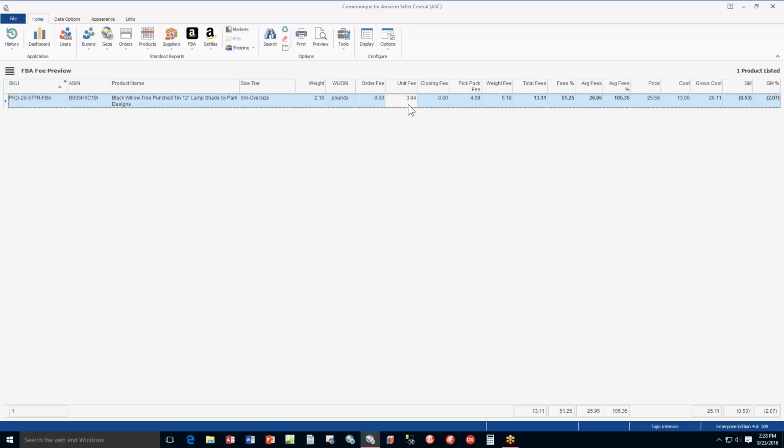Yeah, so that helps give you some analysis and figure out what's going on. Essentially, the average fee is $26.95. That's pretty high. And essentially, what the $13.11 plus this right here. So we're only basing the gross cost on the estimate, not the actual average. If you look at the average fees, it's even higher than that, because the average fees by themselves is